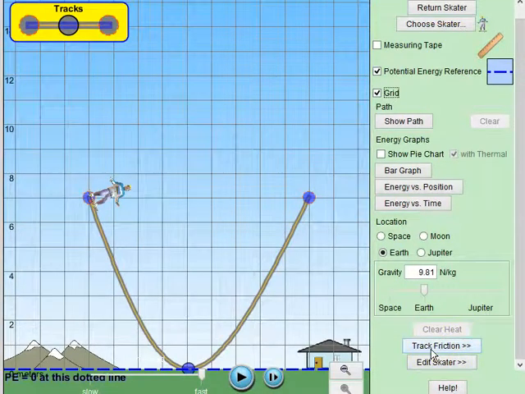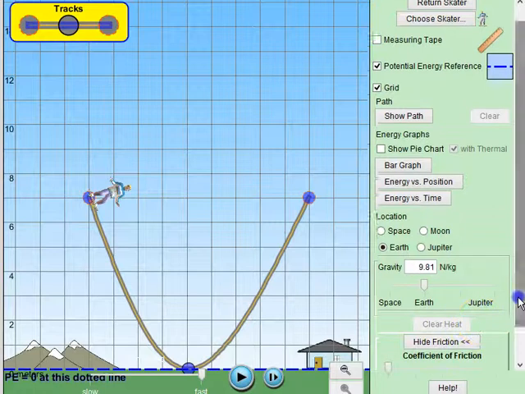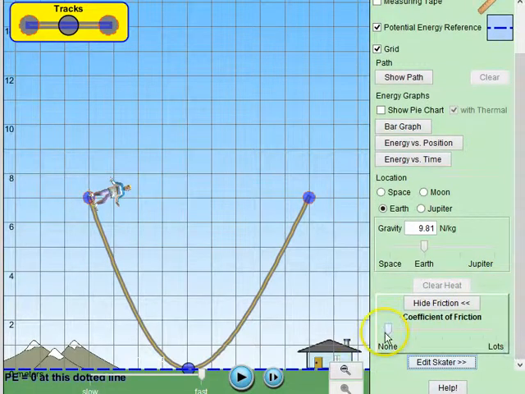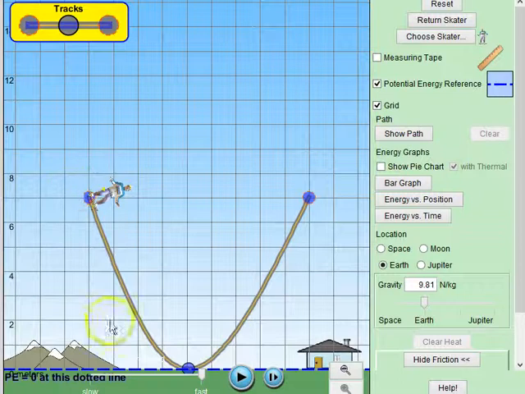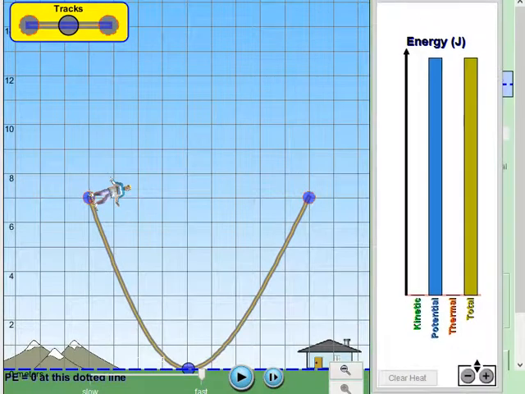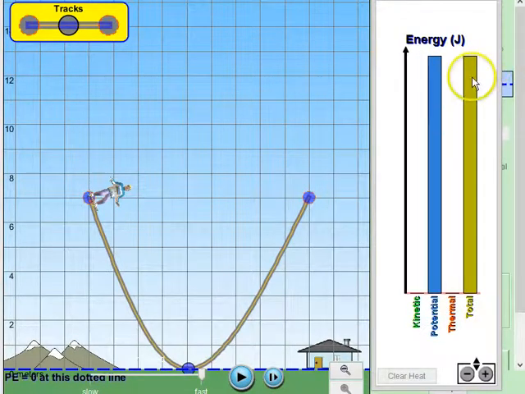There's also a friction tracker that I've just clicked on at the bottom right of the screen. You can see that right now it's at none. Yeah, so there's no friction at this point. I can also figure out what the total energy of this skater is. It seems like at this point he has total potential energy and no kinetic energy. Yeah, he's at rest. Let's see if that makes sense. So I'm going to open up a bar graph, which you guys should be able to see now. The yellow bar says total energy.